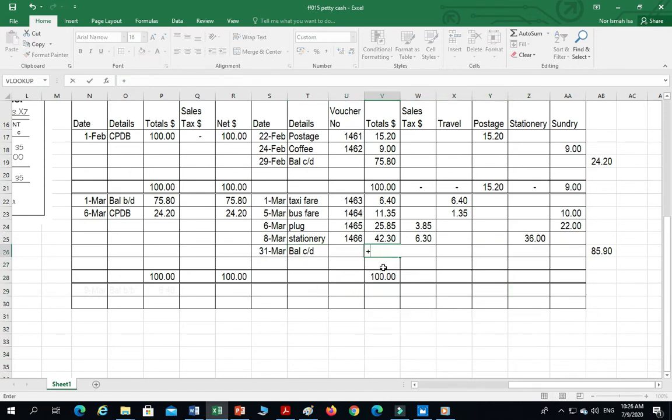The correct balance is 100. You minus all these expenses. So the balance CD is 14, and what amount to be posted is